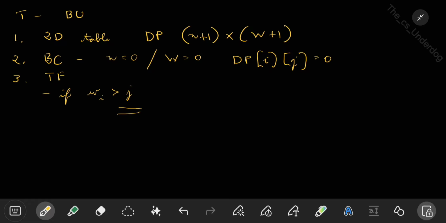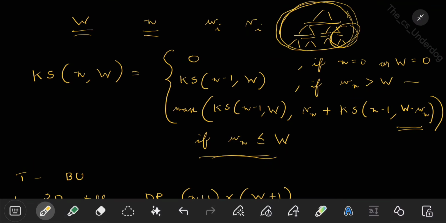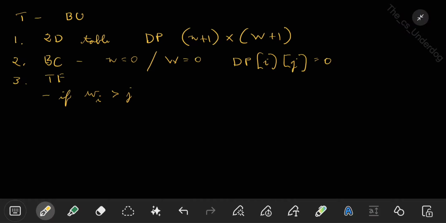So whenever the weight of the ith item, wi, is greater than j, what did we learn? We learned here that if wn is greater than w, same case, you can't include the item, which means you have to consider the remaining n-1 items and the profit obtained using those with a weight of w. This is what we are going to replicate here. How do you replicate the same thing in the matrix? To replicate the same thing, you will say, in this case, my entry